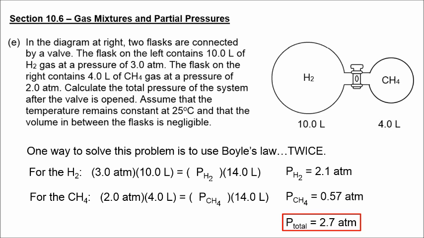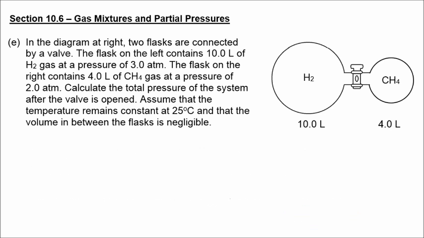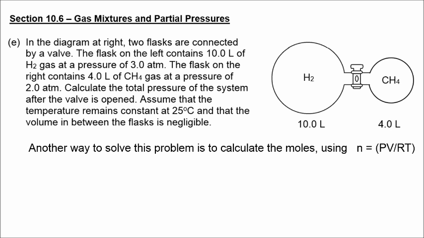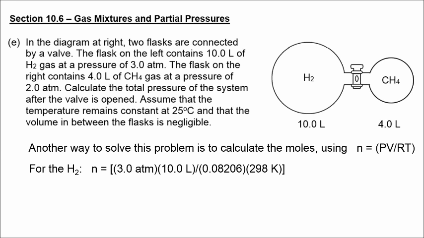Now I'm going to show you a different way to solve this problem using the ideal gas law. So we were lucky in that we were actually given the temperature and the volume and the pressure, so we can calculate the number of moles. If we had not been given the temperature, we would have had to use Boyle's law, as I already showed you. But let's assume that we can go ahead and calculate the number of moles of hydrogen using n equals PV over RT. So 3 times 10, pressure times volume, divided by the gas constant that contains atmospheres, and then